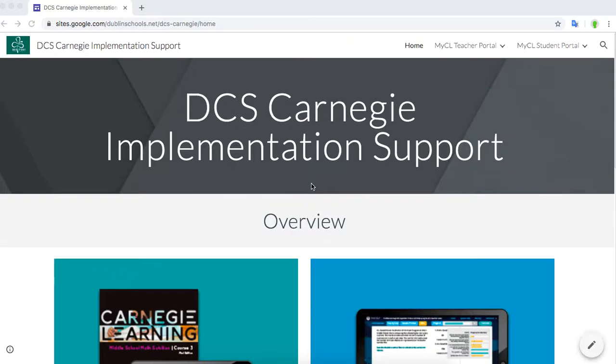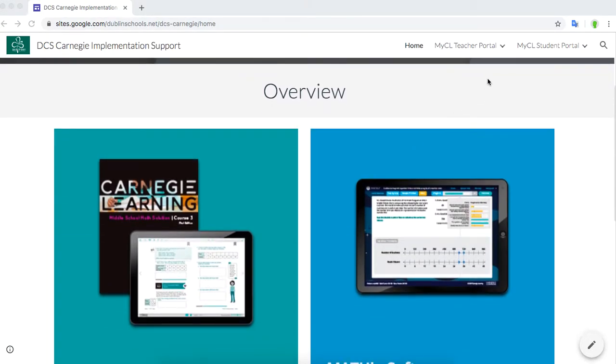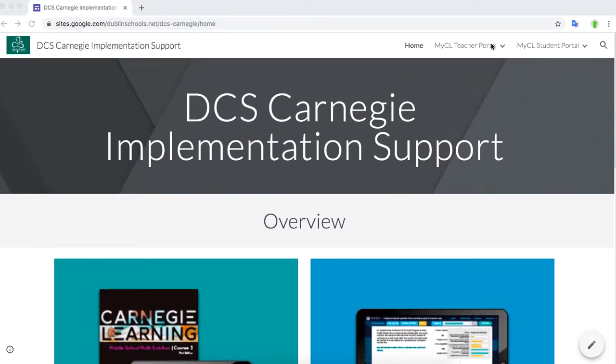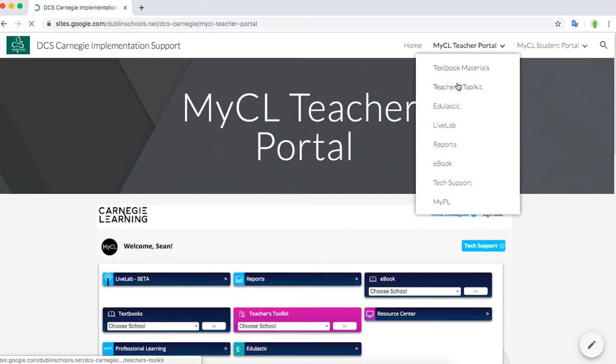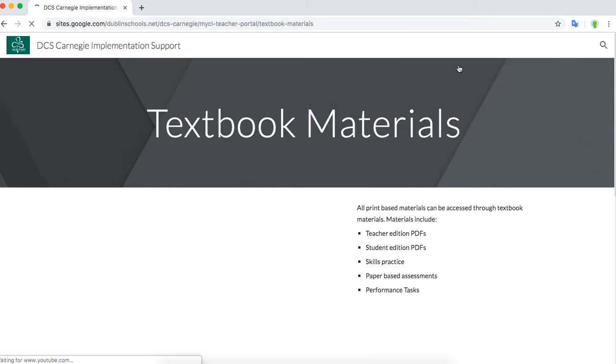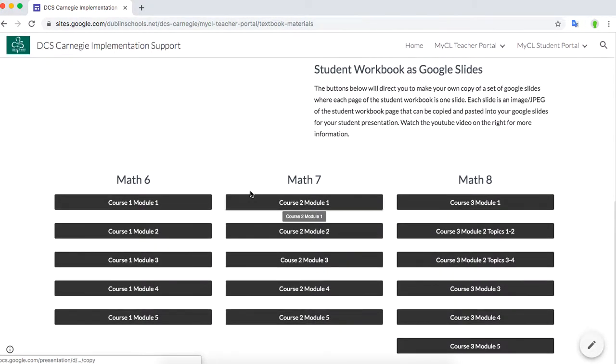This video will help you with taking our Google Slides presentations of the student textbook materials and putting them into your own Google Slides. So they're all housed here under the teacher portal under, if we can get to it, the textbook materials. So here I've placed these buttons here, which are all Google Slides presentations of the student workbook